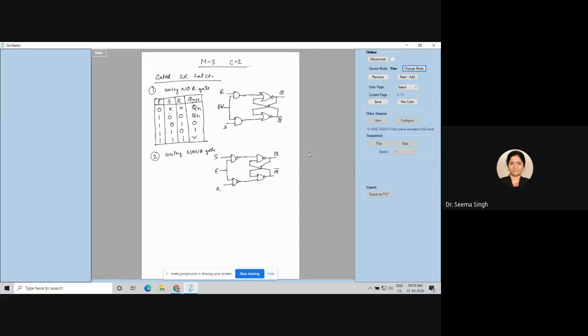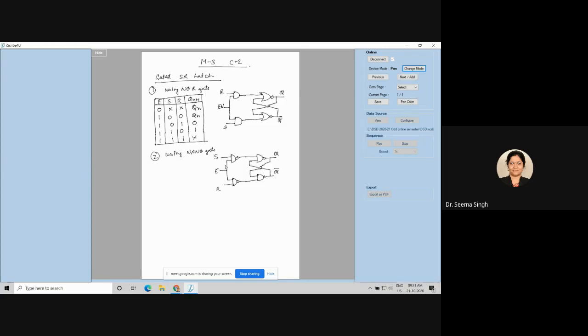Okay, now you can observe what will happen. If enable is 1, NAND gate truth table you should remember. If enable is 1 and set is also 1, so 1 and 1 will give output as 0. Remember? And again, let me take the memory state only, it is easy to explain. If enable is 1 and S and R are 0 and 0, so 1 and 0 will give me what? Tell me?